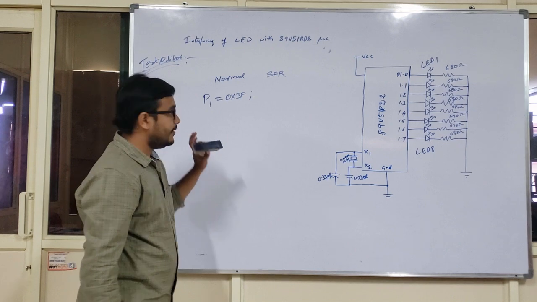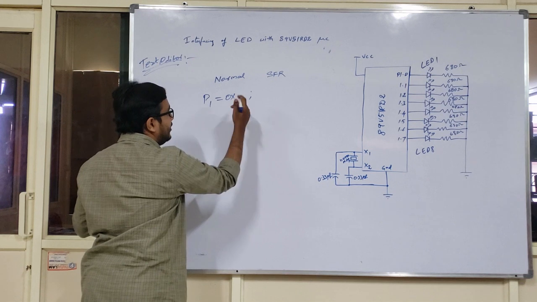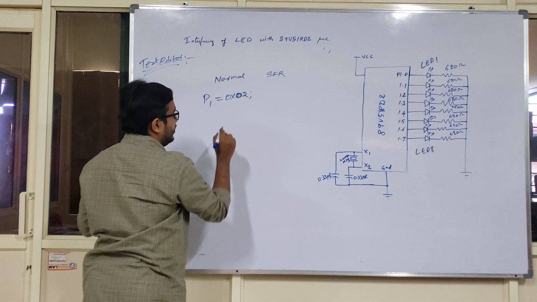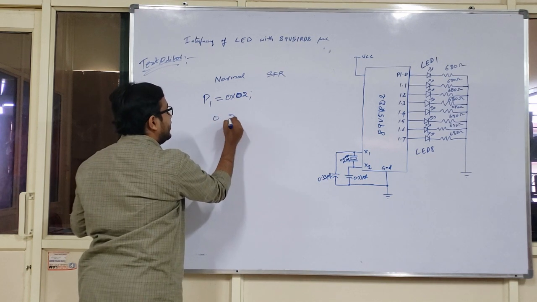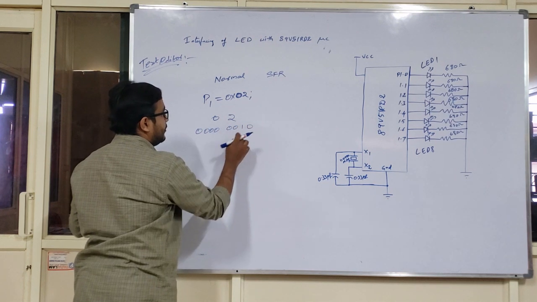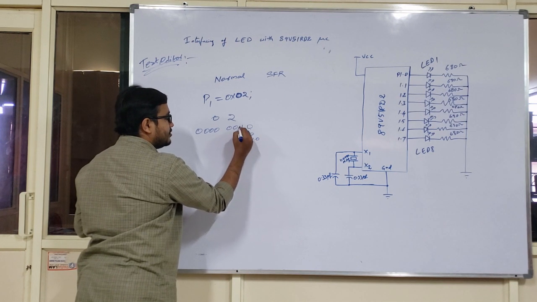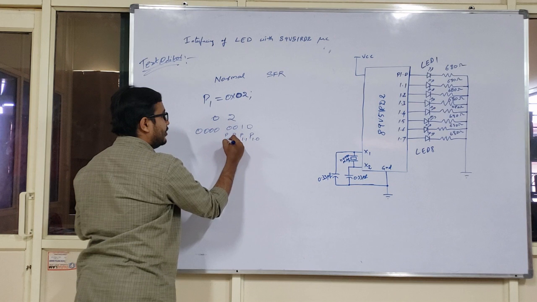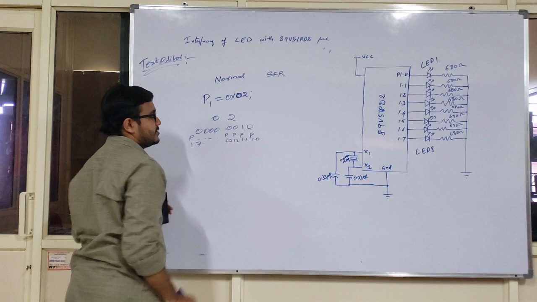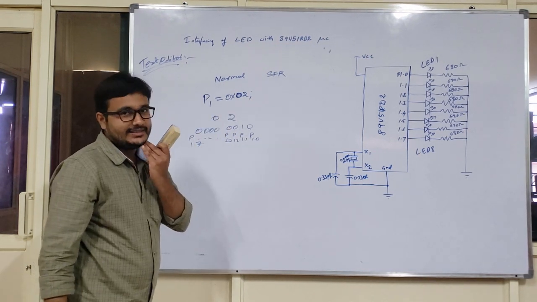And coming to the SFR, for example, instead of 0x3f, what I would like to take is 0x02, let me write it as 02. That means the corresponding binary value will be this one. Okay, that means the P1.0 value is this one, P1.1 value is this one, P1.2, P1.3 and so on up to P1.6, P1.7. Okay, so SFR, I mentioned, is bit accessible.